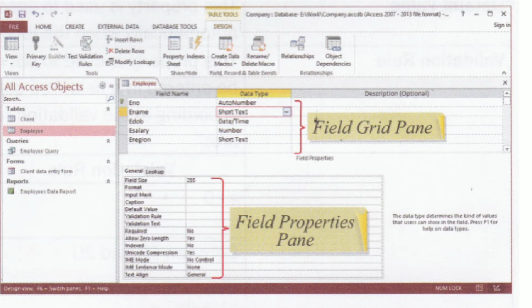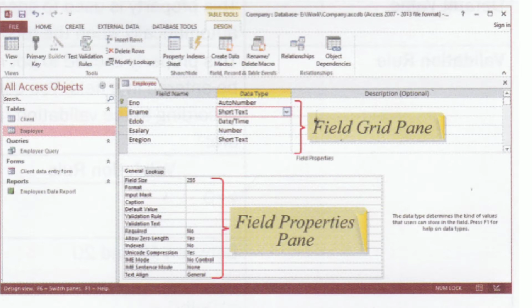If we want to describe this, so that if another user opens your database that is created by you in future, and they want to understand the reason to create this particular field, then they can understand by reading the description of the field. This description field is optional. It helps us in describing the field and is displayed in the status bar when we select this field in the form.